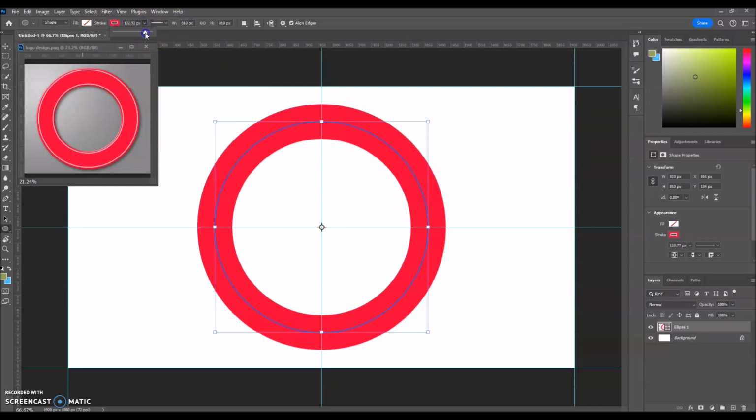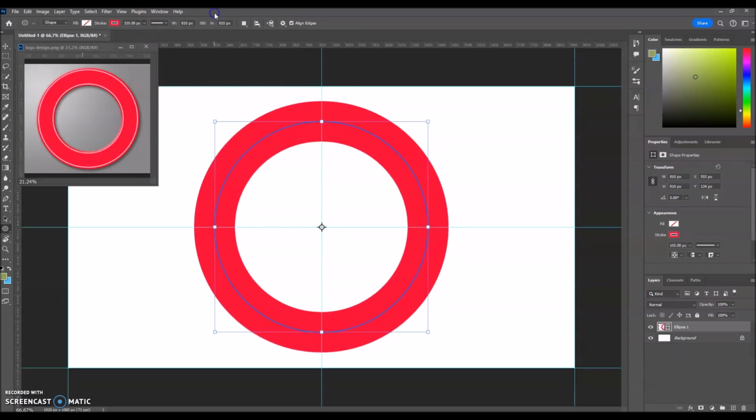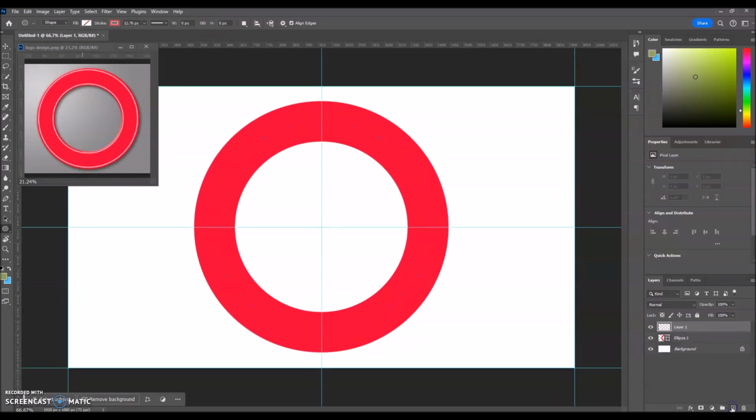But the original circle, if you notice, isn't just one circle. It's got these 2 little white thin circles as well. So we're going to create a new layer and draw separate circles. So make sure you put the cursor in the center again, drag out a circle, and then we're going to